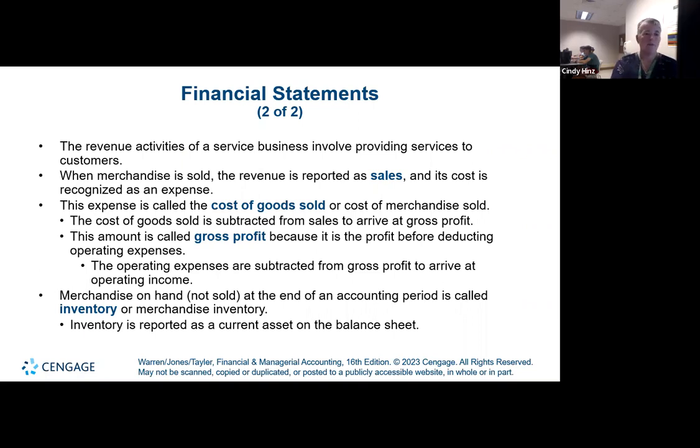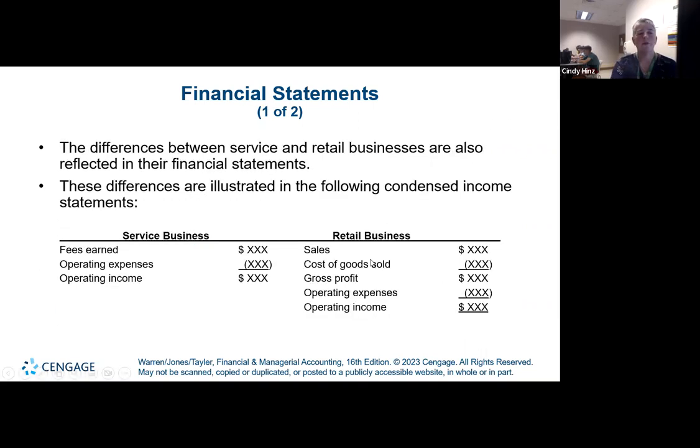So, whoops, let me go back up for a second. I didn't point this out. So the first step, I said this is a multi-step income statement. The first step is sales minus cost of goods sold equals what this book terms gross profit. What you will see in most other arenas, you'll see it called gross margin. And so I will use both of those terms because you're more likely to see gross margin if you are looking at the company that you chose for your project.